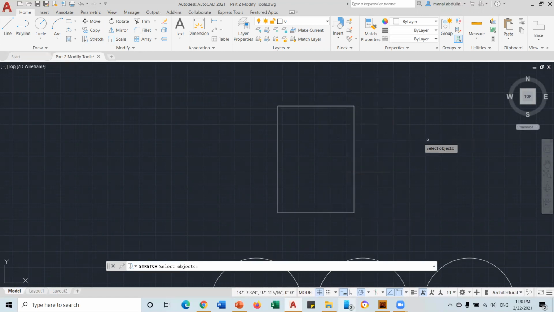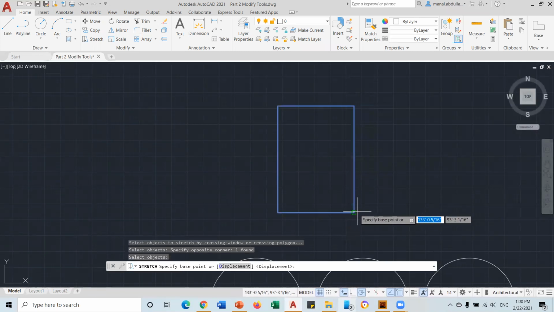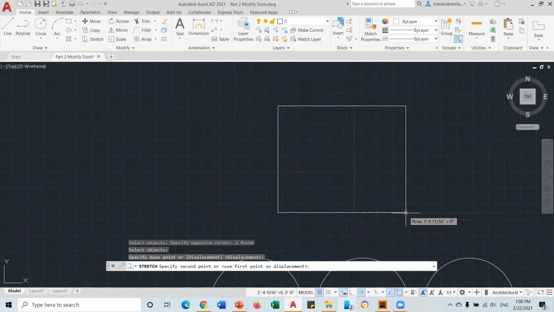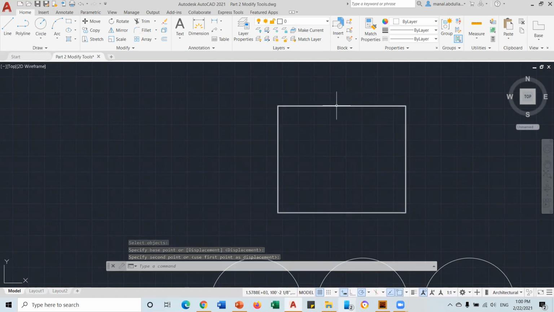So stretch works a little bit differently because you need to select the corner that you need to make the stretch from. And here you need to open the green window from right to left. Okay, this way. When you finish selecting, enter, pick the point, specify base point, and now you can stretch it. So you can make it longer. If I need to stretch the top,